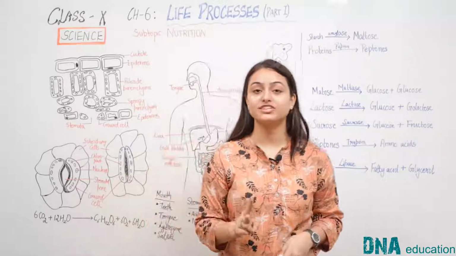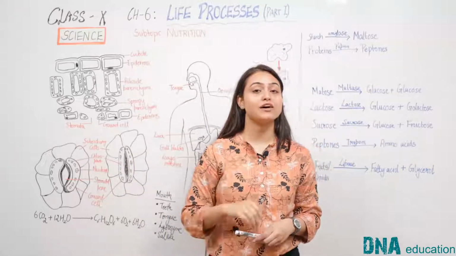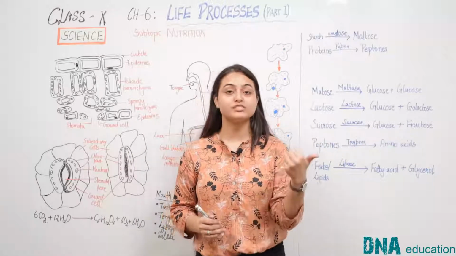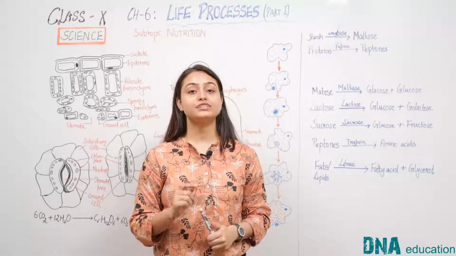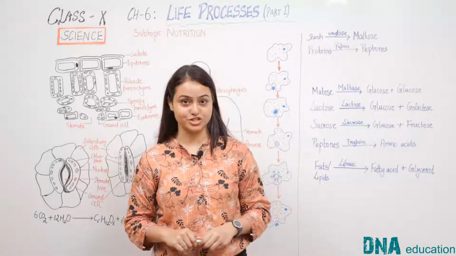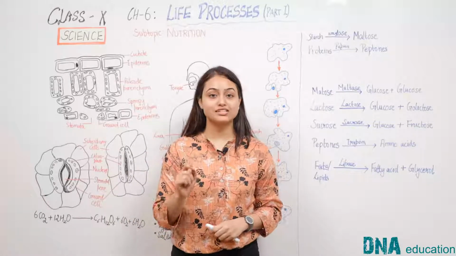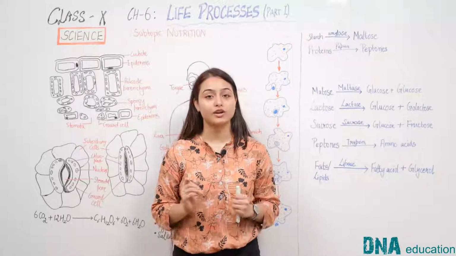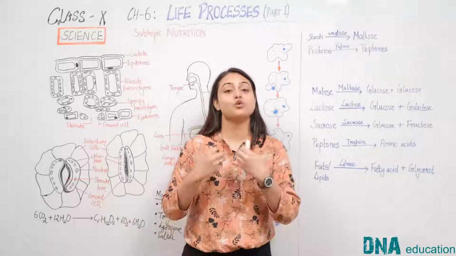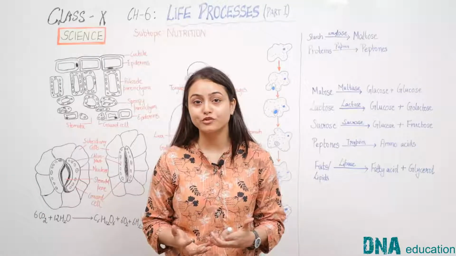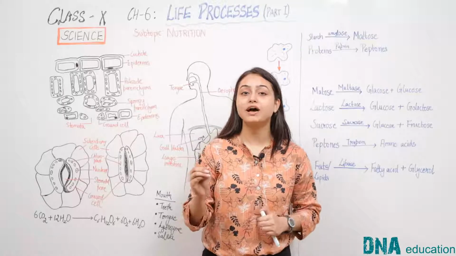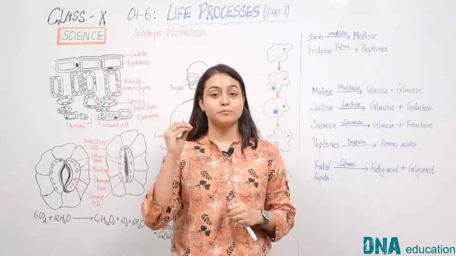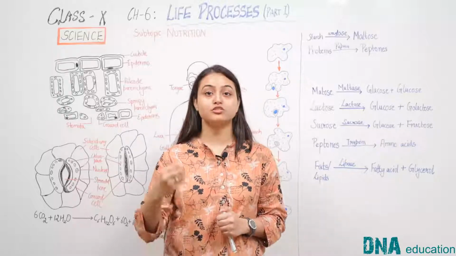Now there are two major types of nutrition as you all have studied in the lower classes. One is autotrophic nutrition and the other is heterotrophic nutrition. Let us first study about autotrophic nutrition. Autotrophic nutrition, as we know, is the nutrition in which the organism makes its own food, and this type of nutrition is mainly seen in green plants because green plants have the ability to make their own food using raw materials